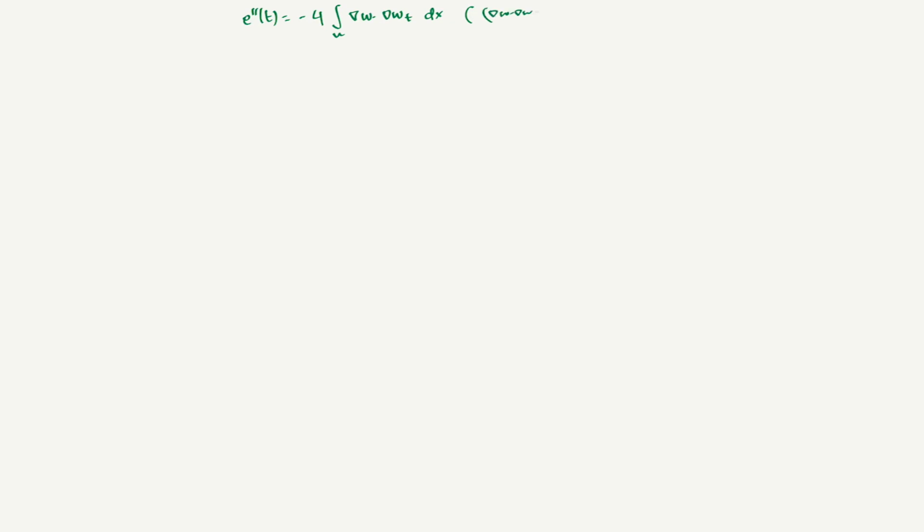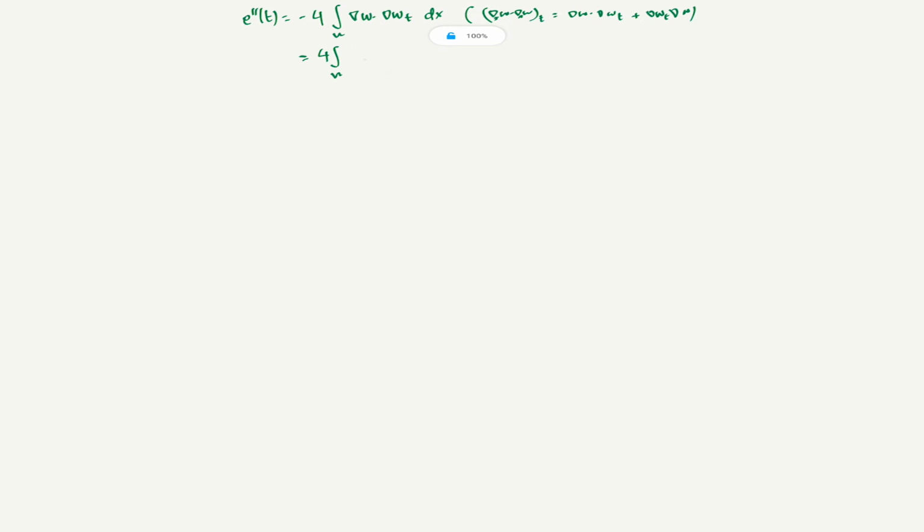If you take the derivative of this, it is gradient of w_t times gradient of w plus gradient of w times gradient of w_t. Here the gradient is with respect to x, that is why the t derivative goes inside. So you have this, and then with w_t being Laplacian of w, this will give you 4 times the integral over omega